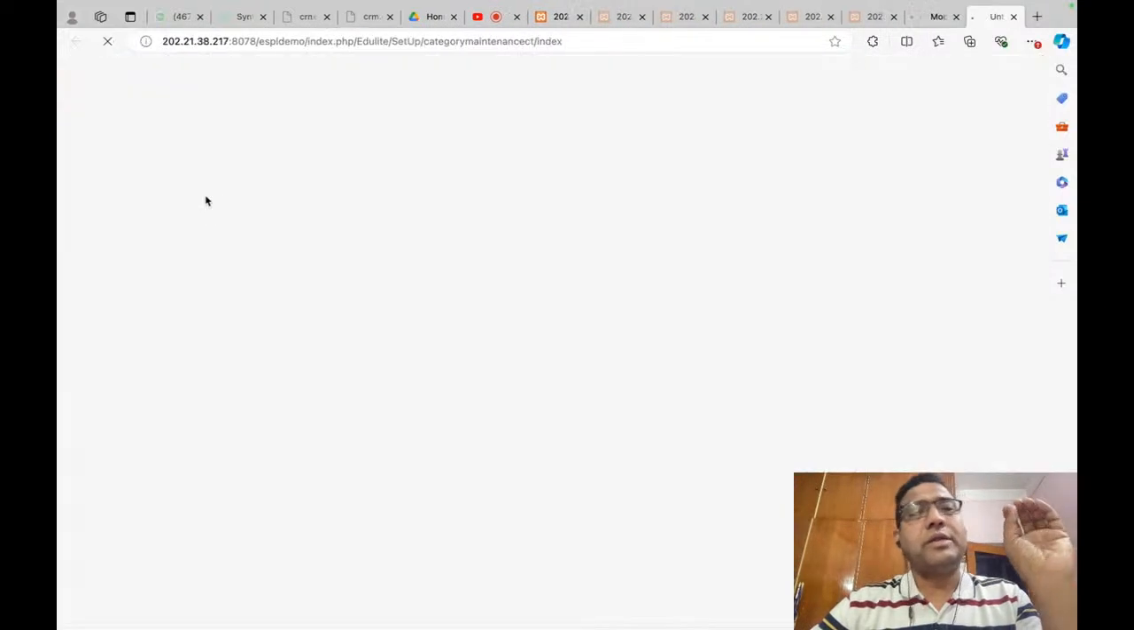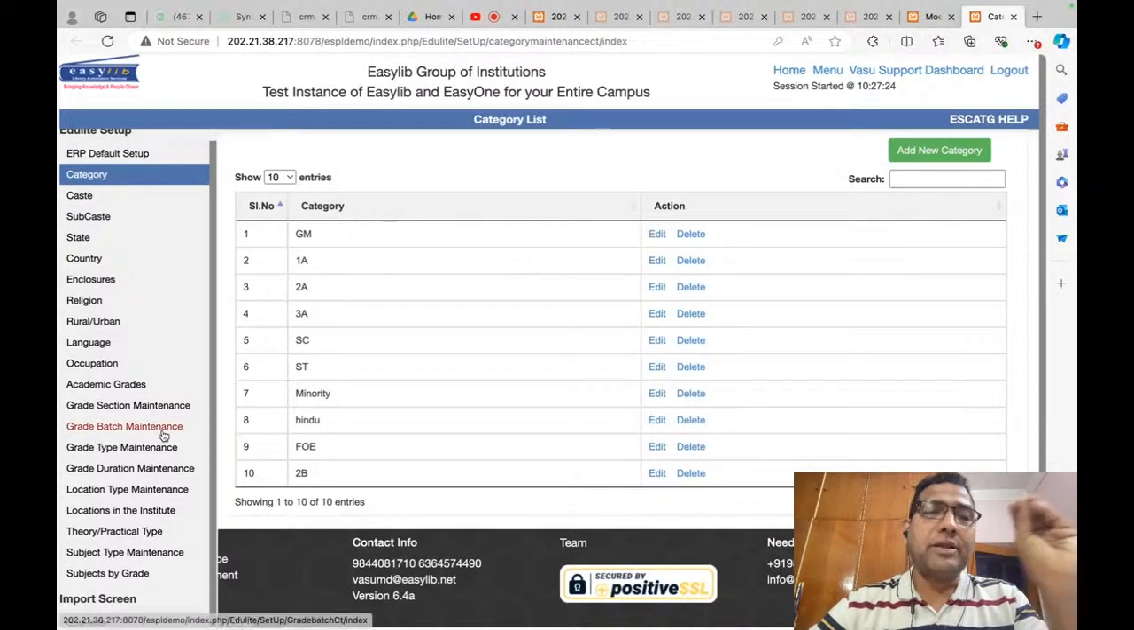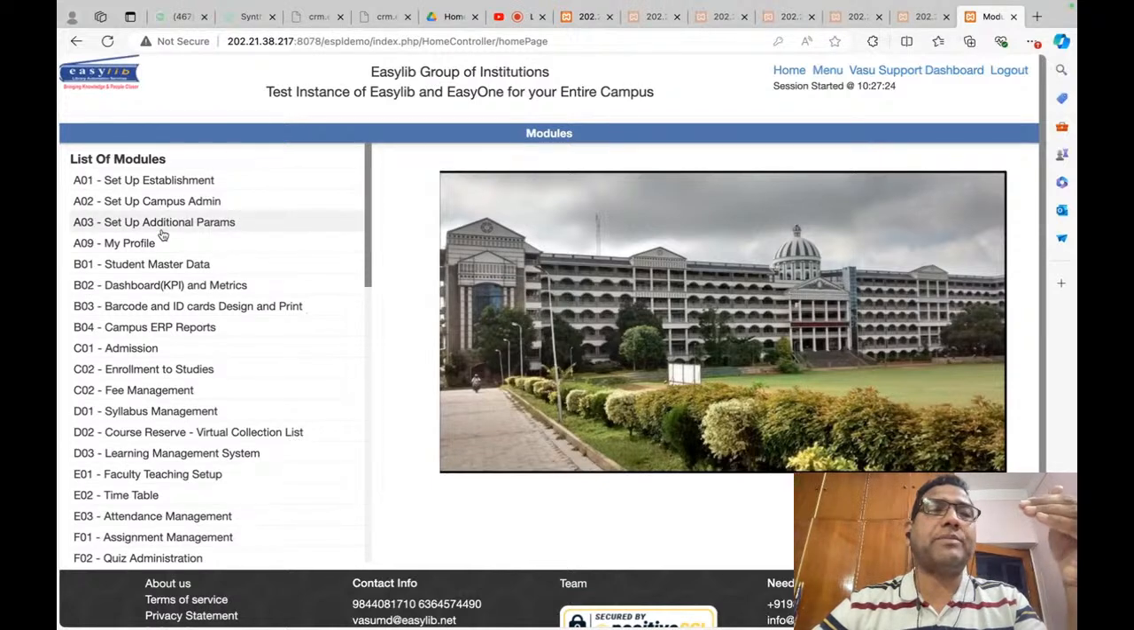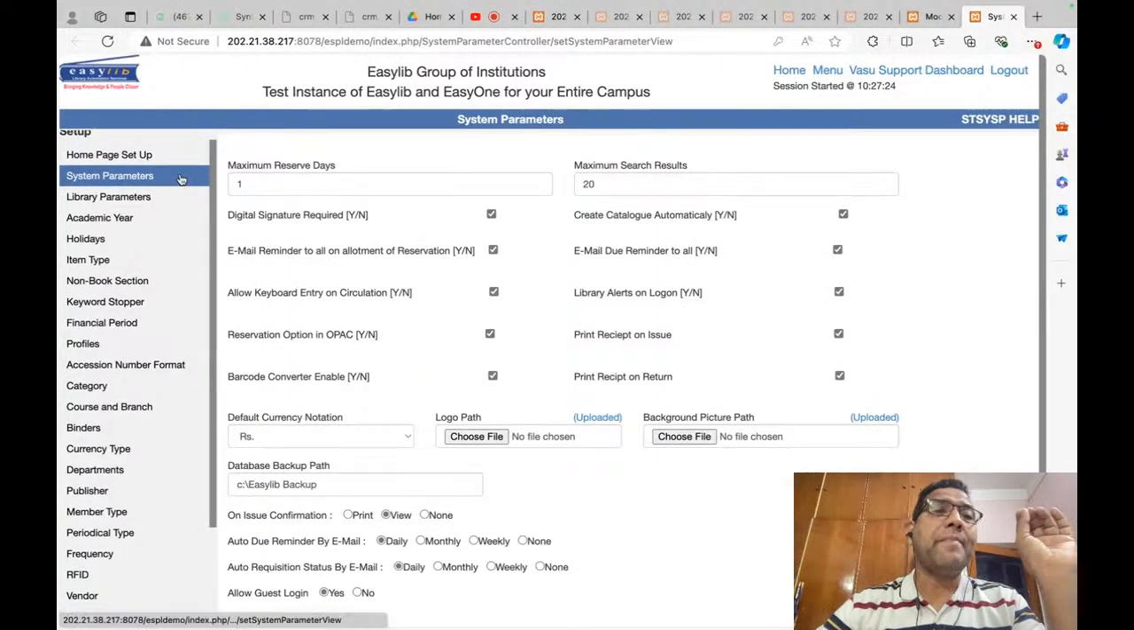Then what you do is there are some items related to the campus admin that you can put in, especially when you go to the campus administration like admissions, attendance. This is important. But otherwise, for the library, you simply go and set up all these additional parameters like